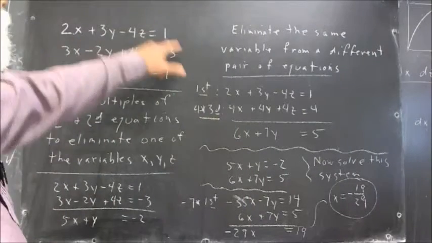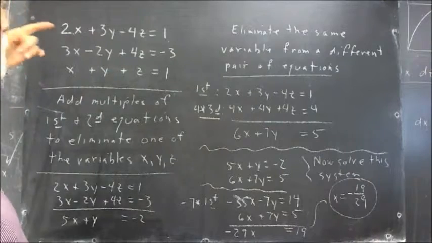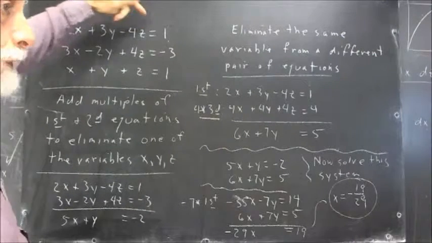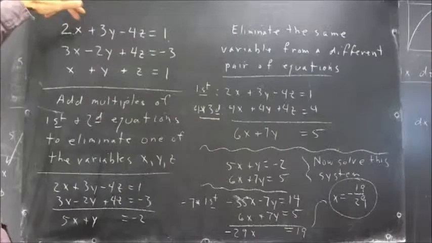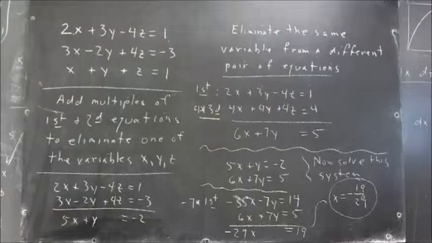Okay, we started off with this system of equations: 3 equations in 3 unknowns, x, y, and z, the goal being to find numbers x, y, and z that satisfy these equations. So,